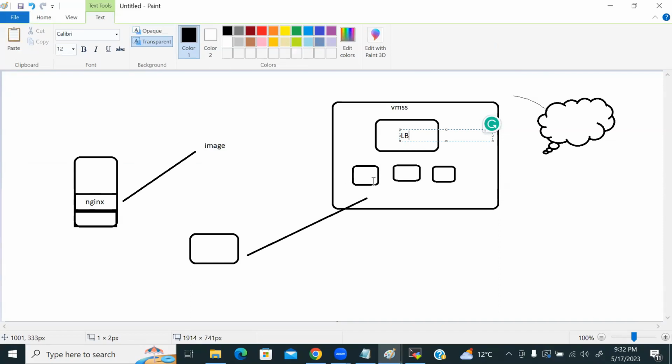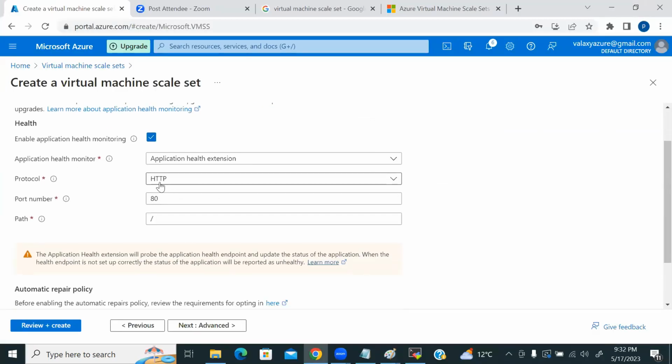But even VMSS is also going to do the same thing. It is also checking whether my VMs are up and running or not. So application, obviously, if it is a web application, then it is HTTP. And if you are using some other ports, 3312, something like that, then you should provide whatever is running inside that machine, that port number. And path slash here,